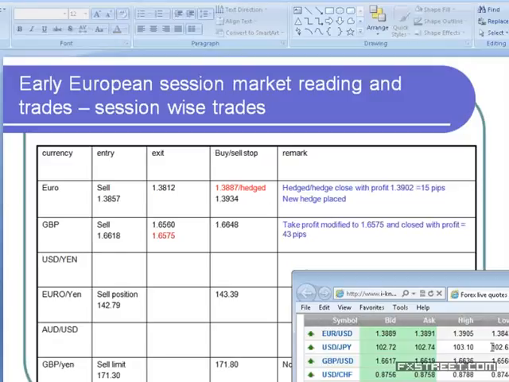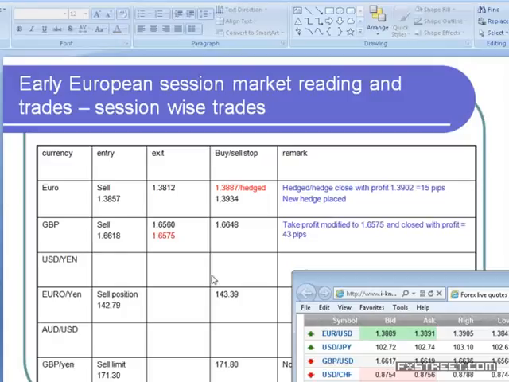And immediately I watched and understood that it's a session close rise. They are doing it in order to make a stop point on the upside. So I closed the hedge with 15 pips profit at 1.3902 and kept another hedge order at 1.3934, and then allowed that euro position to hold. And now you find the euro has come below 1.39 and slowly they will try